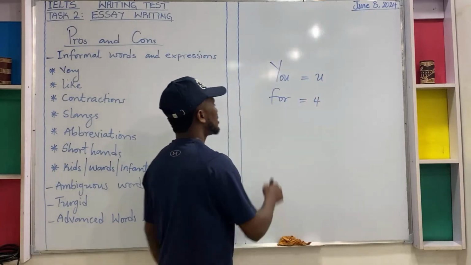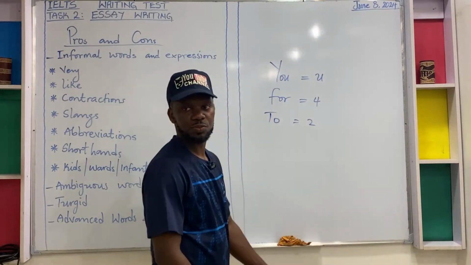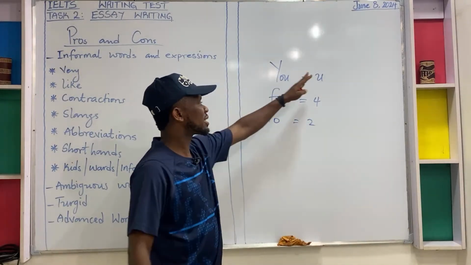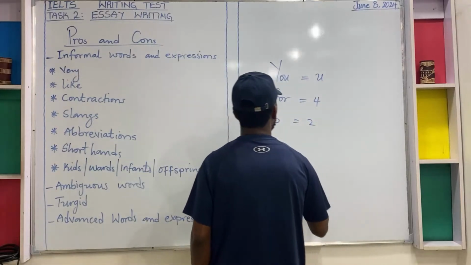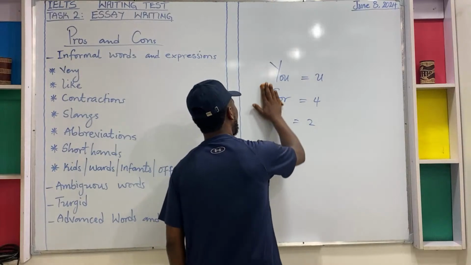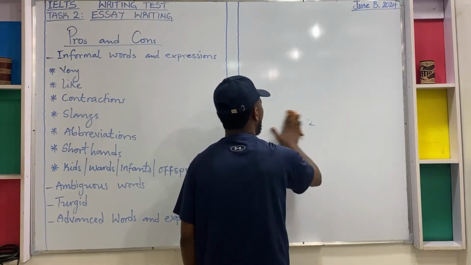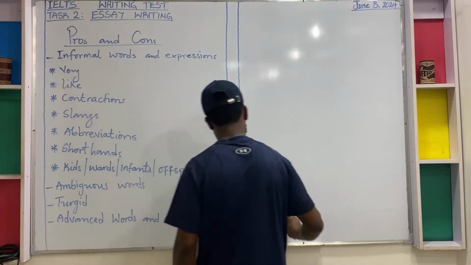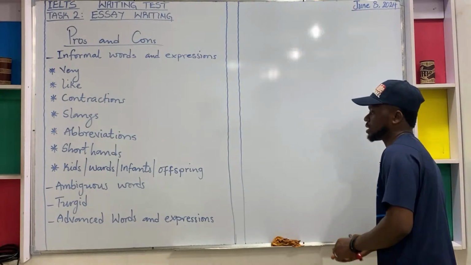Instead of writing TO, they would write number 2. So please avoid these guys. Sometimes they do them unconsciously. They forget that they are writing something official or formal, and they end up making such a mess in their